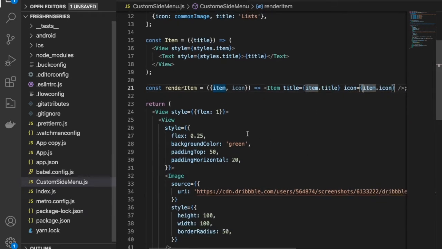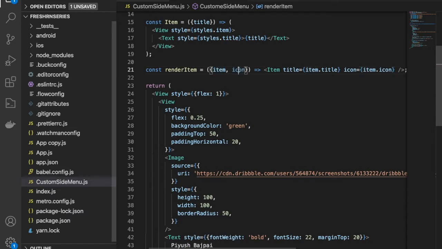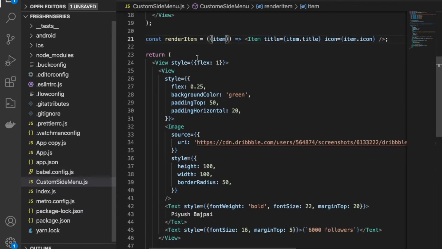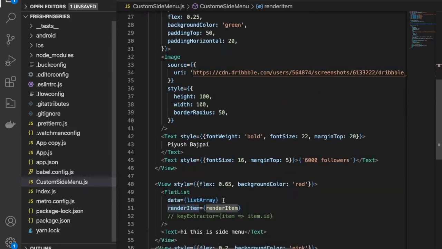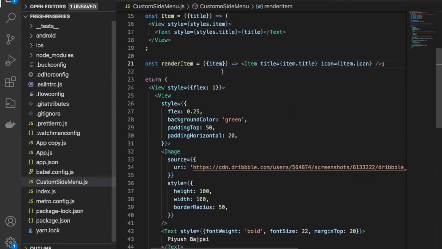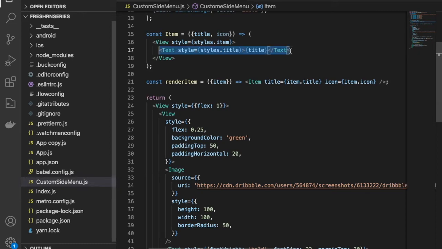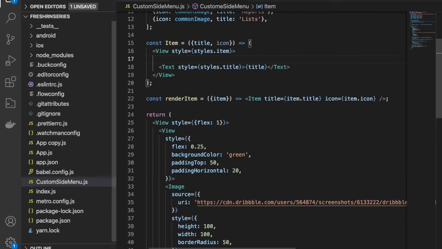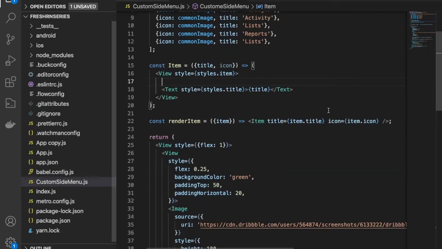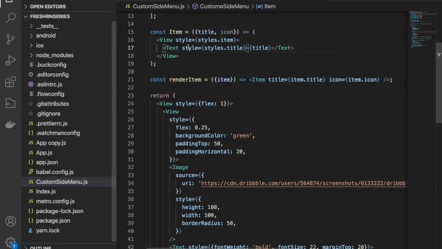So I don't need to use it like this over here. This is a random item I'm using in this FlatList. Cool. And then we have the item, so we will get title and icon, right? So I can pass title and icon. And to show that icon, first I'm going to show you this title text.